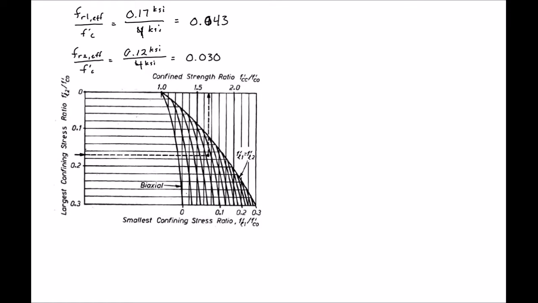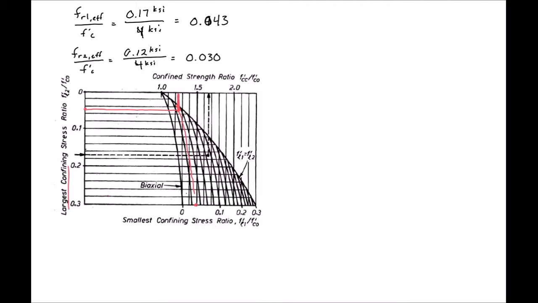We can then use these values to enter into our plot. So first we'll have 0.043 as our larger confining stress. So we'll enter in right about here. And then we have the smaller, we have 0.03. So we'll enter in right about here. So if we follow this up, and we follow this over, we see we intersect right about here, so then we can back out our